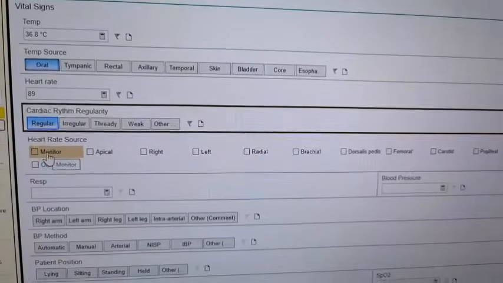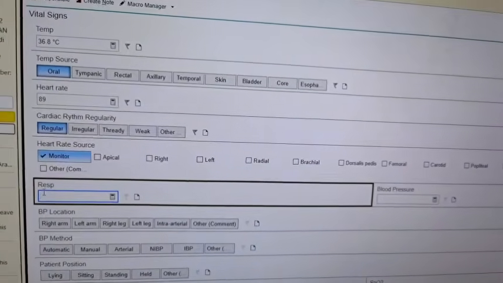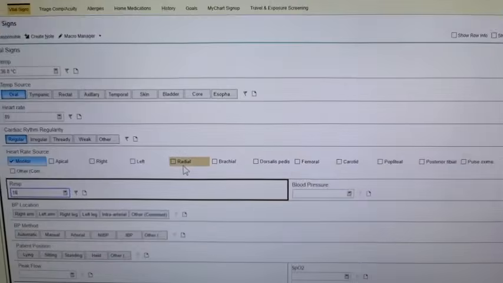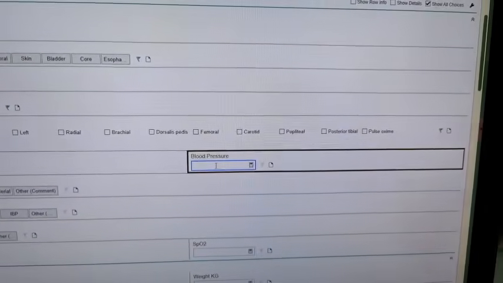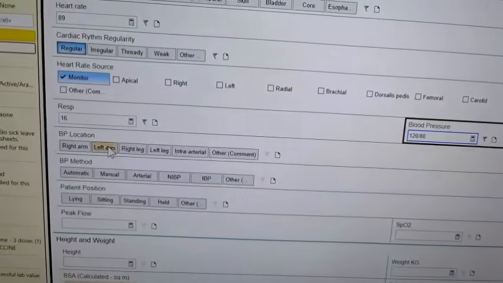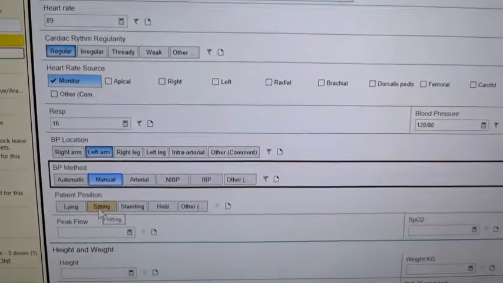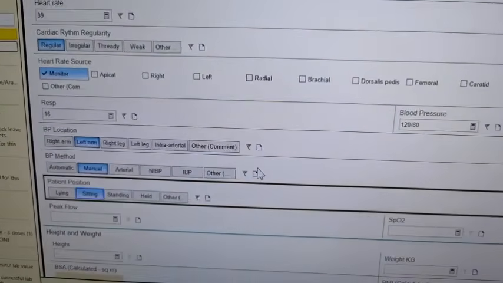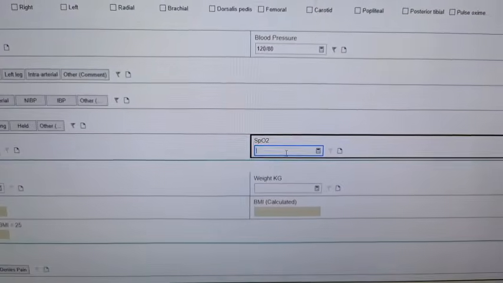How did you obtain the heart rate? By monitor. Respiratory 16. These are the things you need to fill up. Blood pressure 120/80, left arm. I did the manual check while he is sitting. All self-explanatory, just ticking the boxes.